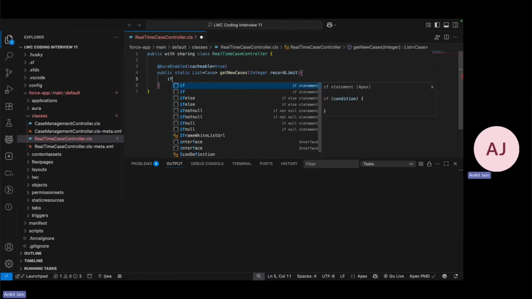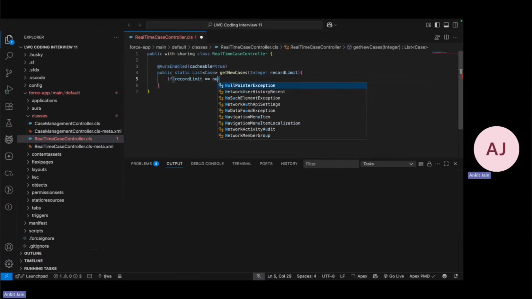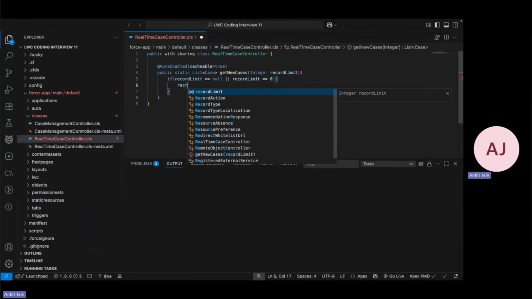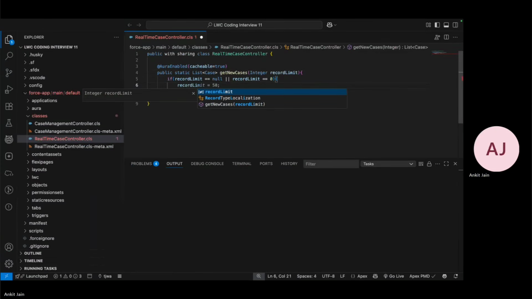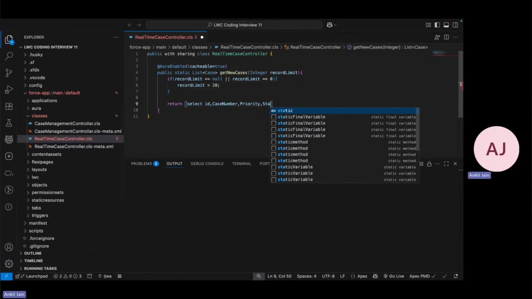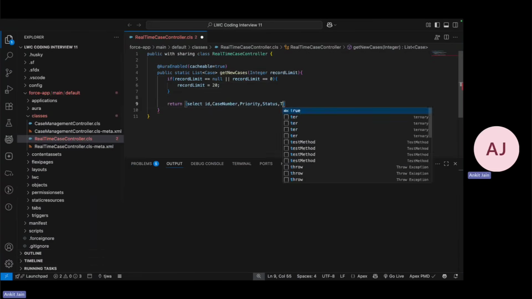Another thing that I am putting here is if the record limit is null or record limit is 0, I will be assigning the default value of the record limit to, let's say, 20. Otherwise, whatever input value we get, accordingly we put the record limit. I will be putting the return statement, and in my return statement I will have a few fields like select Id, CaseNumber, Priority, Status, Type